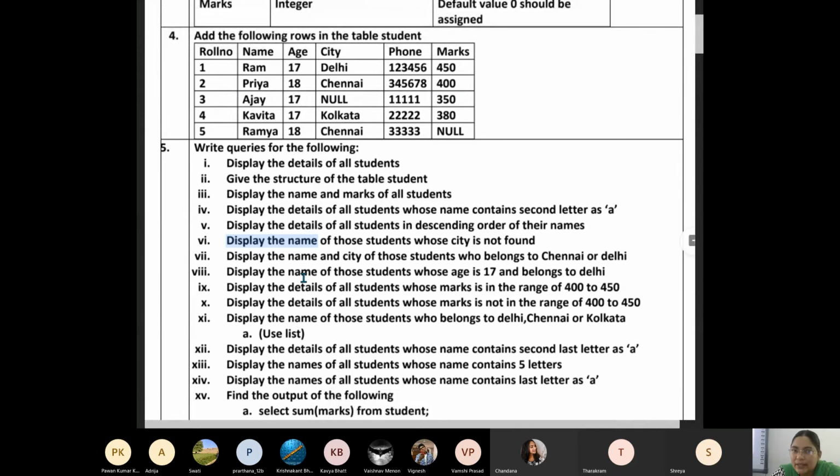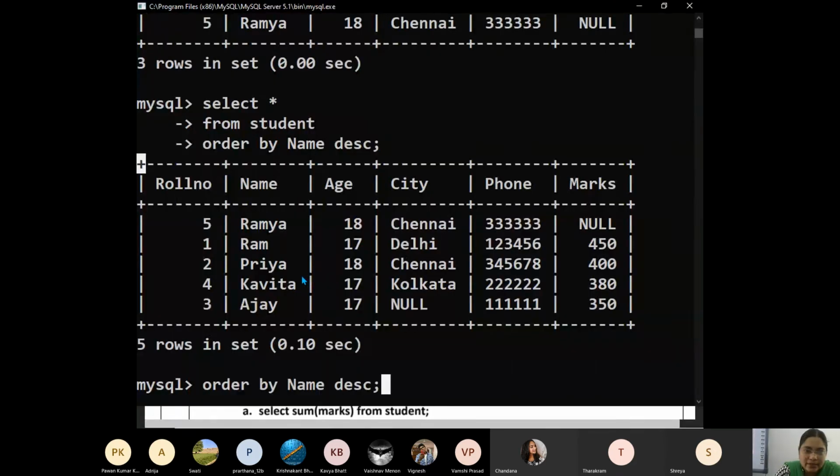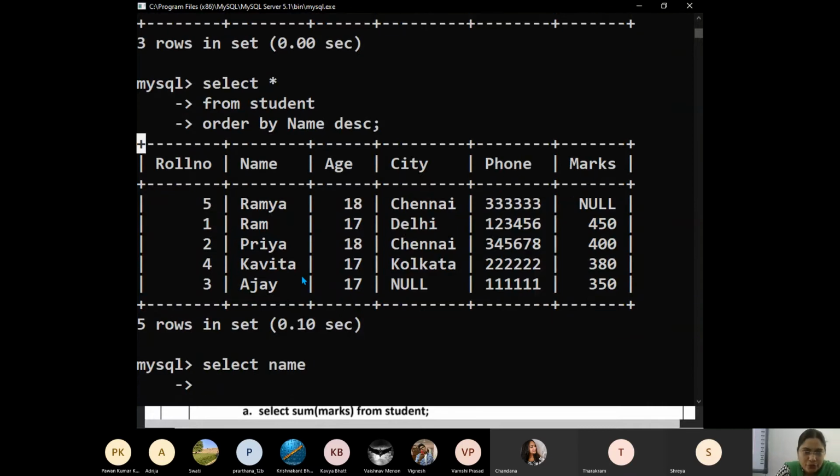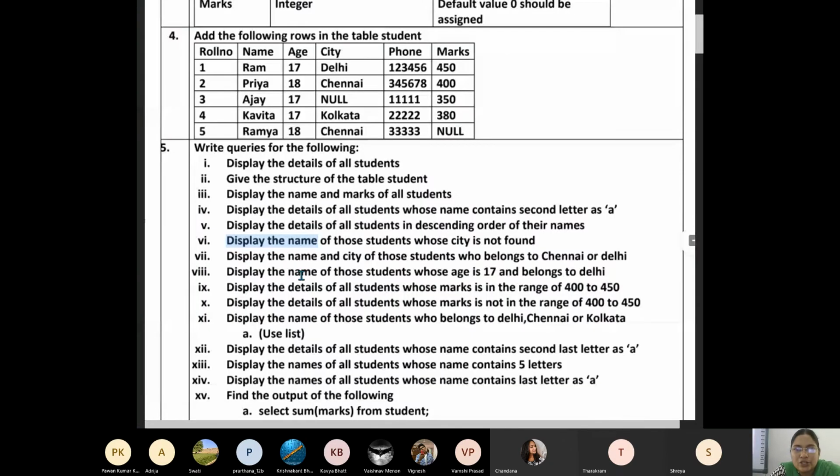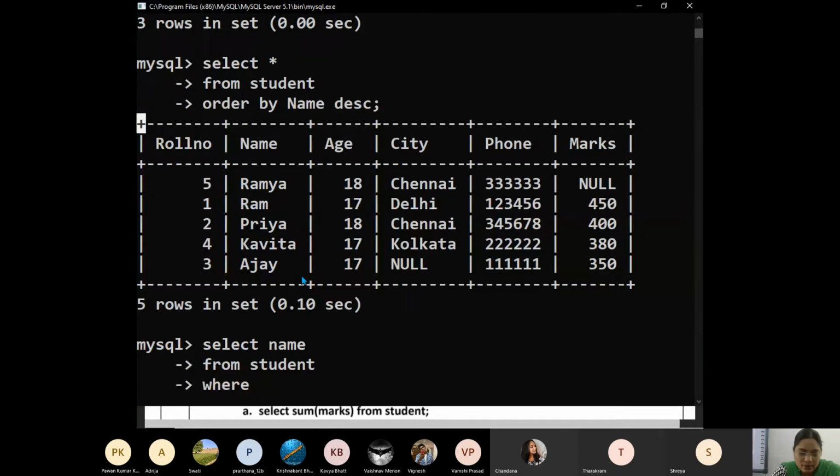Display the name. Okay, what should I do? Select name from student. What is the condition? For condition, we have to write where, okay? Where? What is the condition? Where city is null.